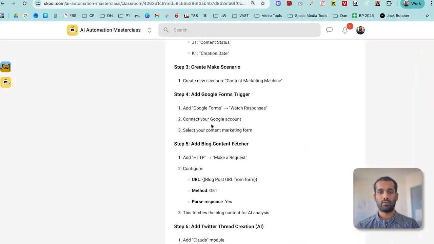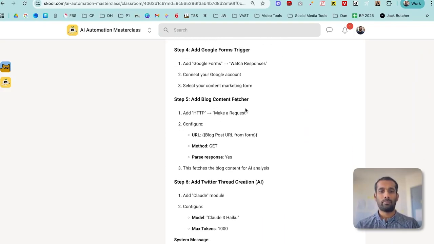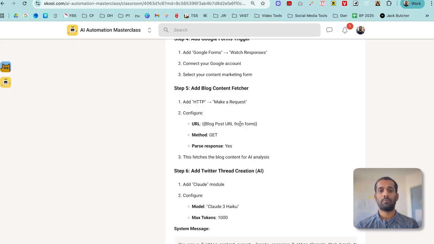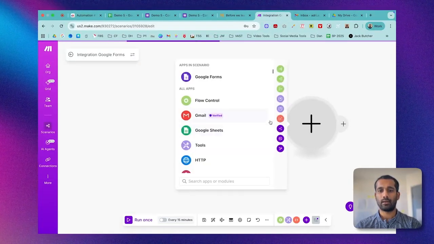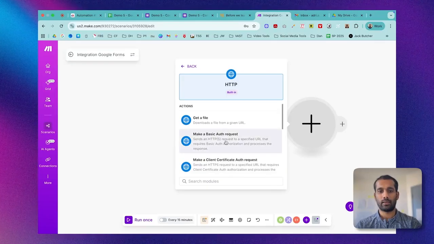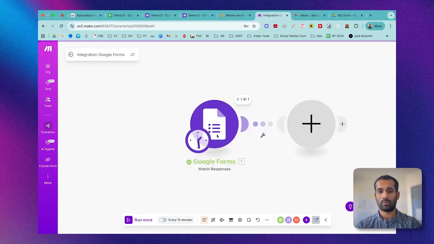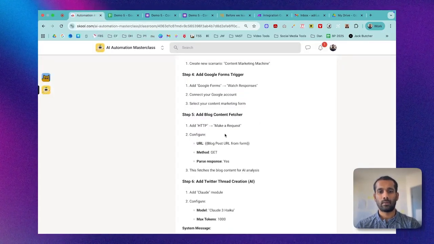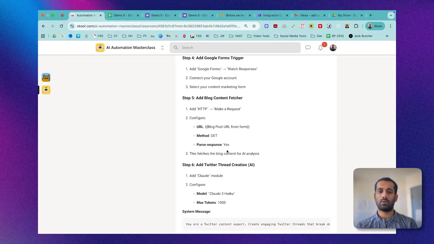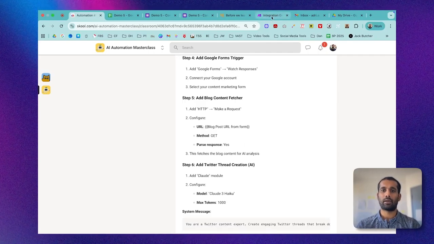We've set up our Google Forms trigger. We're now going to make a request to the blog post URL and fetch all that data. So now that we have our Google Forms trigger set up, we are going to fetch our blog post data. To do that, we're going to come into Make. We're going to add a new module, an HTTP request module. Make a request. In there for the URL, we are going to configure it to get the blog post URL. The method is going to be get. We're going to pass responses. And yeah, this will fetch the blog content, which we will then pass on to our AI